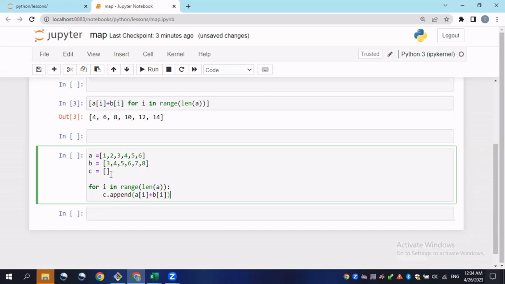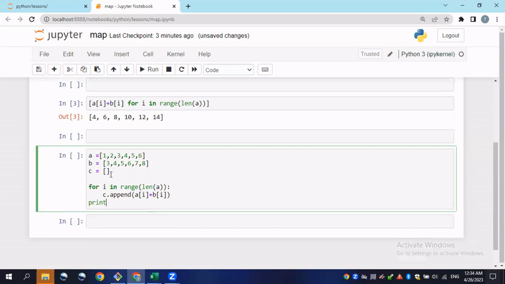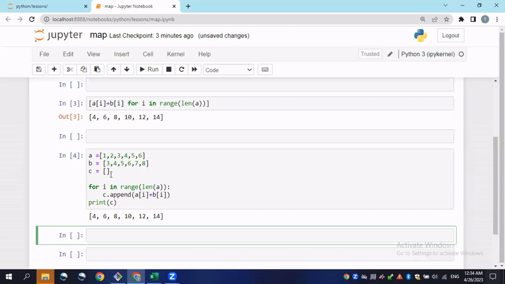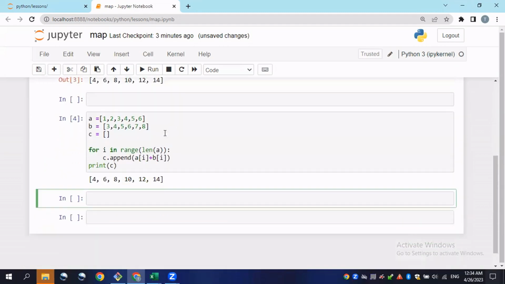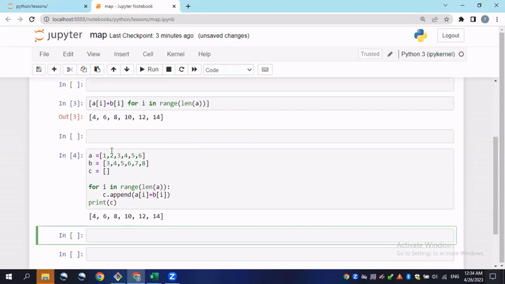Then what will I do? I will just print out C. If I click enter, the result will be the same, but this loop also looks complex,